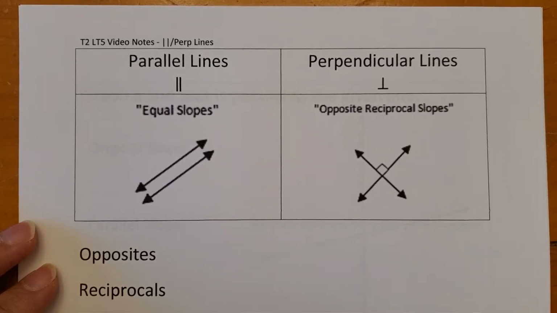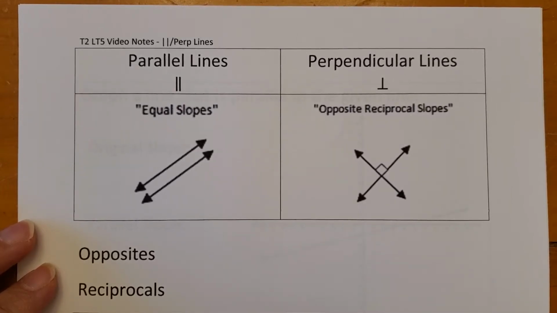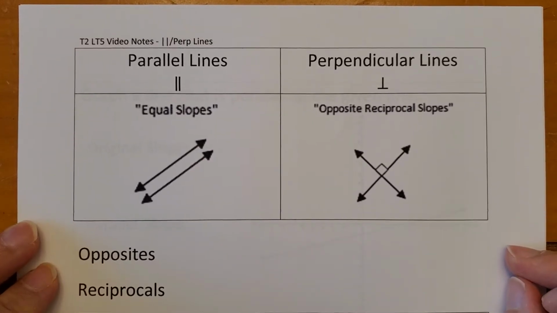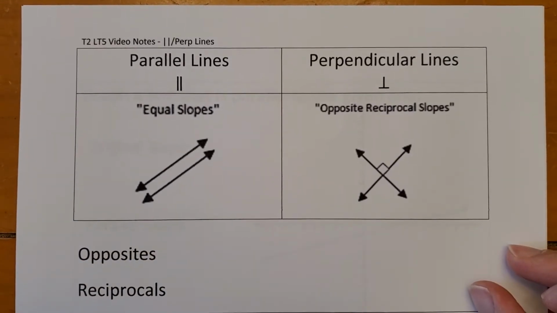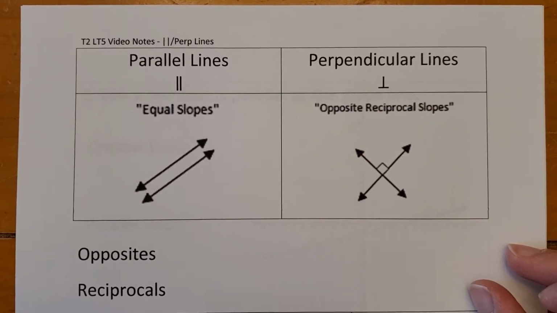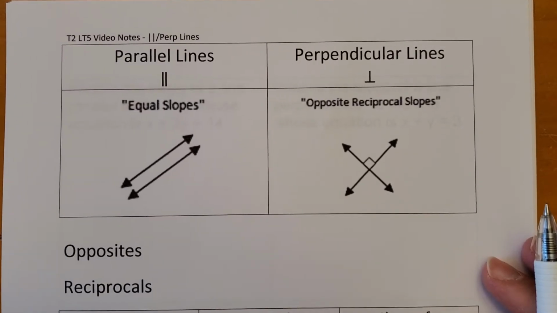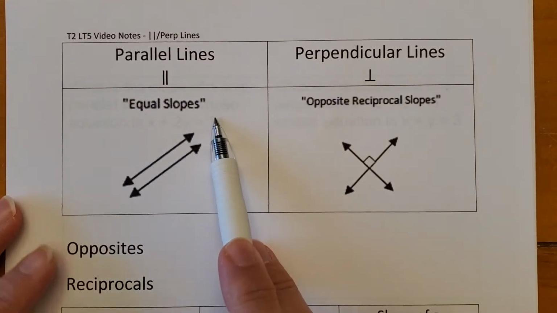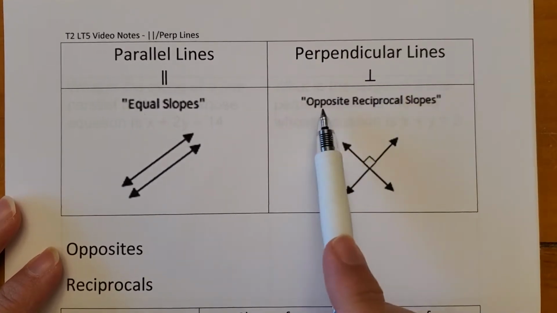We're going to talk about their slopes and how we can tell what the slope of a parallel line or a perpendicular line is if we're given another line. So we're going to do that three ways. We're going to just work on slopes, then we're going to work on graphing, and then we are going to work on equations. So we want to remember that parallel lines have equal slopes and that perpendicular lines have opposite